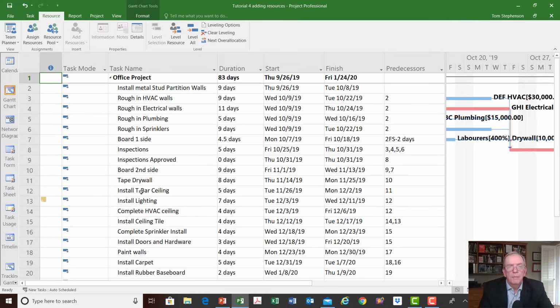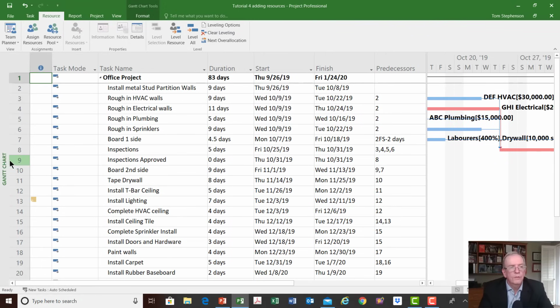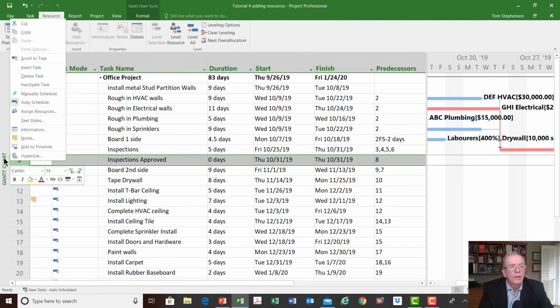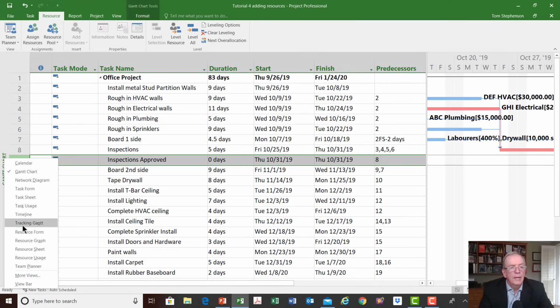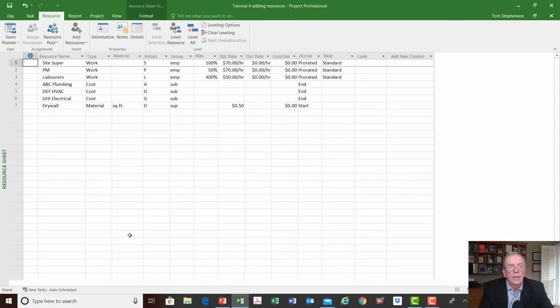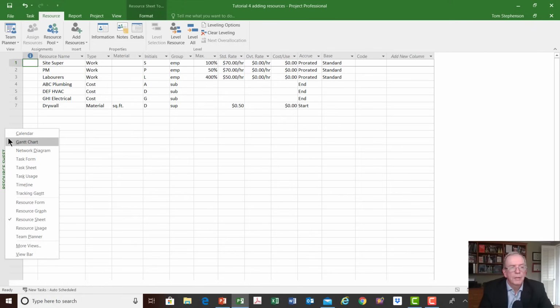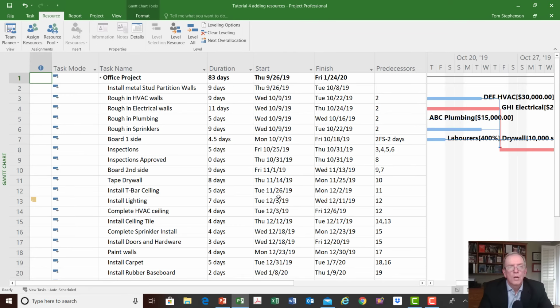Okay, so I think that is the main elements that I wanted to cover. We're very familiar now with switching screens. We can put in our view bar. We can get rid of our view bar. We can right click if we're over on the left side, and we can go to our resource sheet here, and that will give us an indicator of where the resources are. And we'll look at resources a little bit more in depth in another tutorial, but I just wanted everybody to have a good understanding of how we apply resources to our project and get used to switching